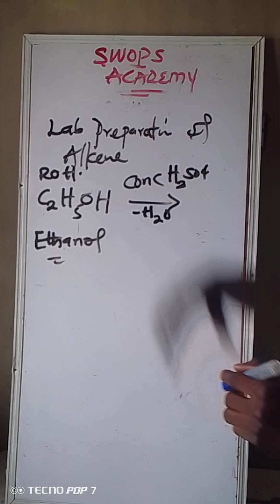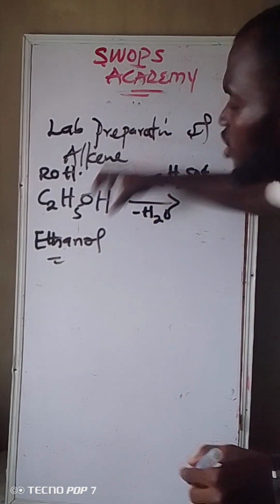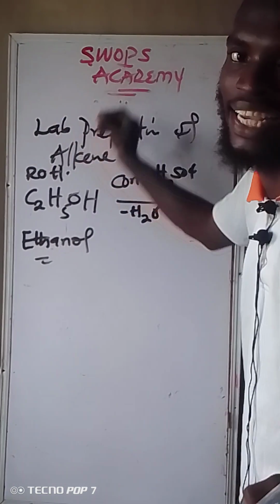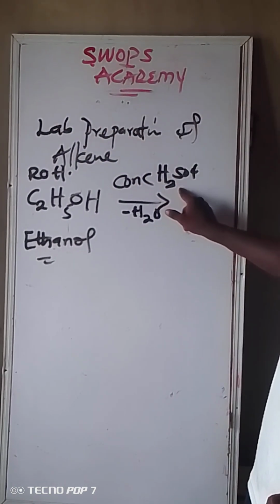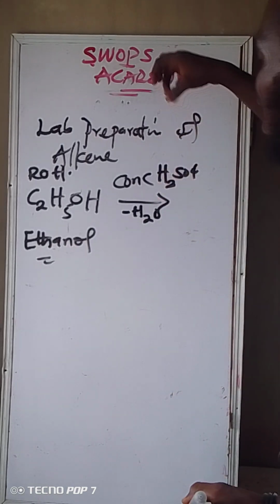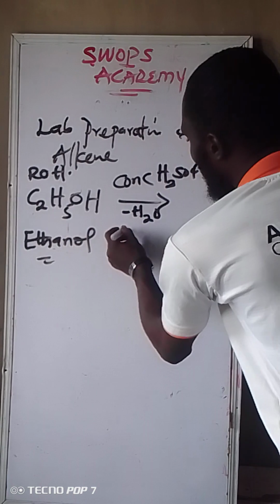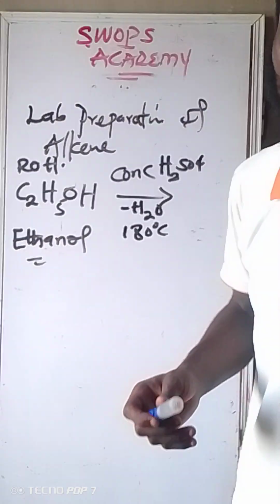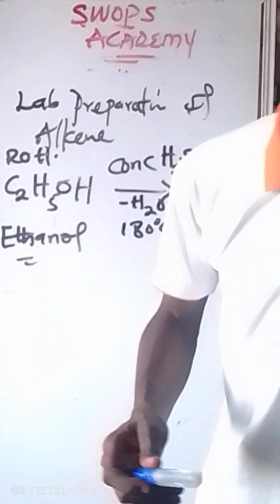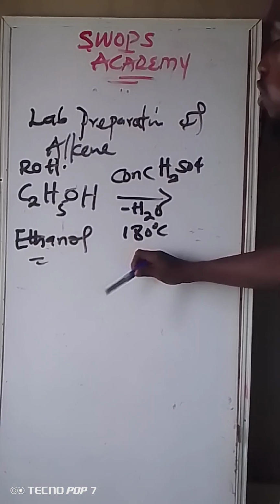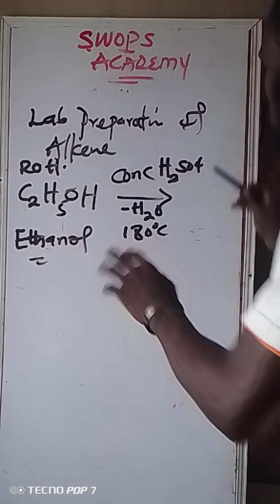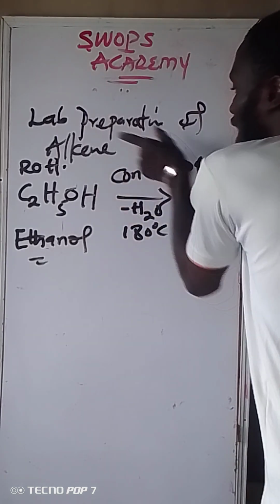So JAMB can still ask you another question: what is the catalyst used in the laboratory preparation of alkenes? It is concentrated tetraoxosulfate VI acid. Then they will still ask you, at what temperature? They will put 120 degrees, 300 degrees C, or others. Go for 180 degrees Celsius. So now, when you add this to this one,